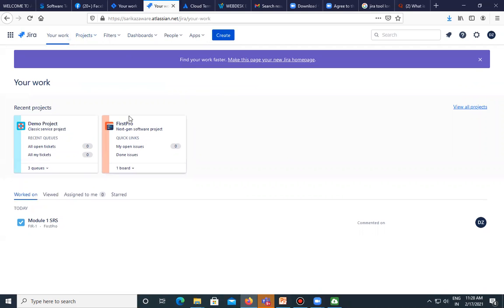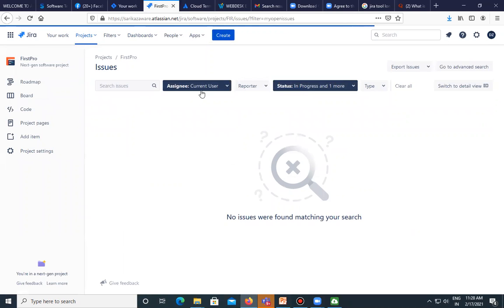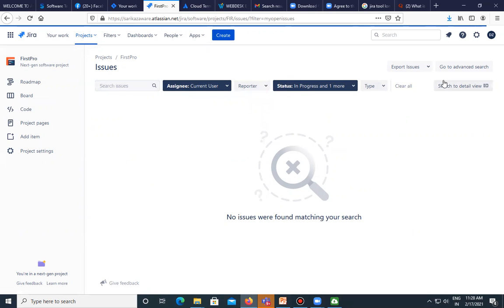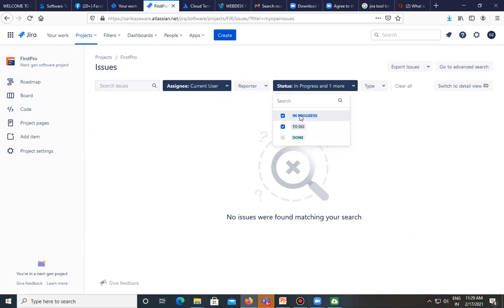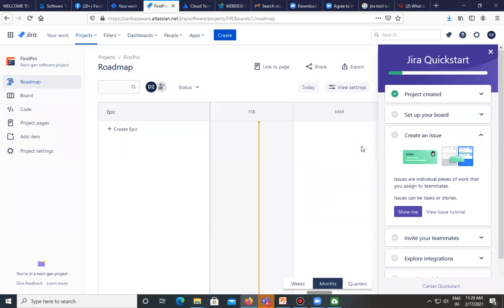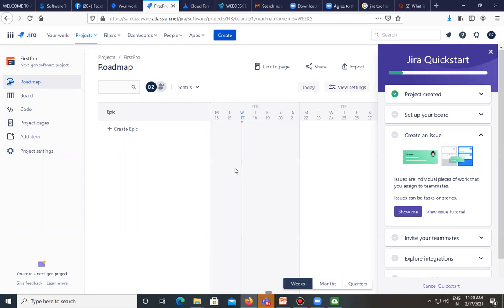Then your work. In this case, if you can see on boards, this particular project is there, and they have the scope to add unassigned users, because I have not created the users. From that, I can assign the role to this in progress. Which project is in progress, that status appears over there. Likewise, this is the roadmap. Everything I need as a project manager at the end of the day: the month, quarterly, weekly, what the status of this particular project will be, and along with that, who is responsible from my team members. That also I can select over here.